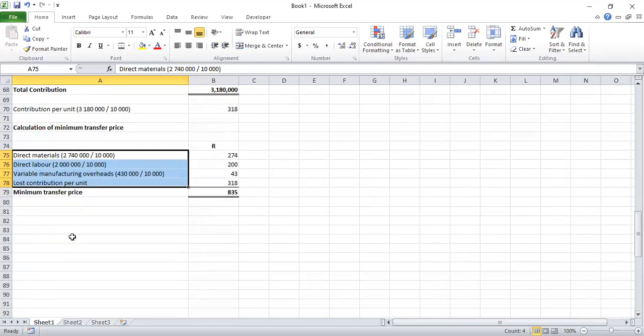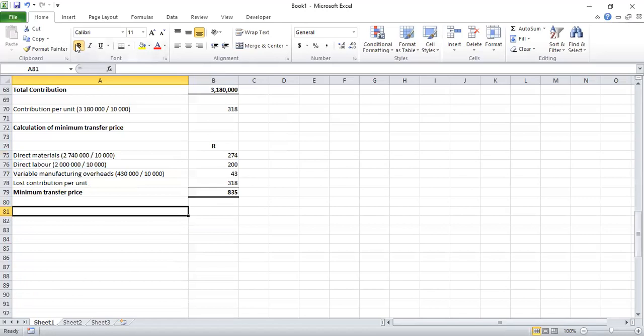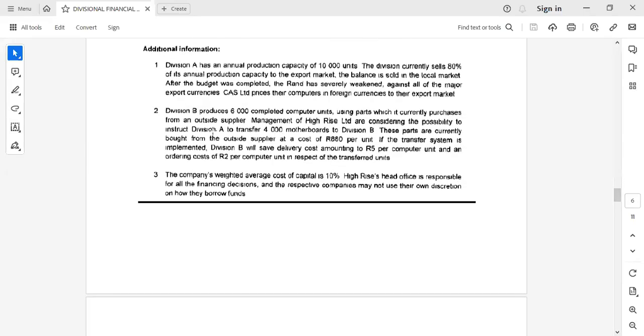Right. Then number D. The maximum transfer price. The maximum now is determined by division B, the buyer. Now they'll say the maximum is what they are buying from outside. So they'll just take this cost here. They are buying at 880 and they've got delivery of 5 rand and ordering of 2 rand. So their maximum transfer price would be